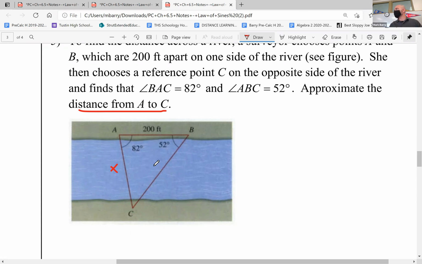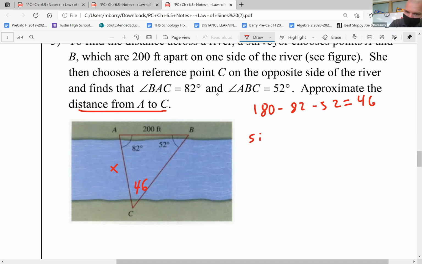Okay, do we have an angle with its opposite side already known? The answer is no. The only side we know is this one, and we don't know its opposite angle. But anytime we have two angles, we can always do 180 minus them to find the other angle, right? 46. Okay, so now we can